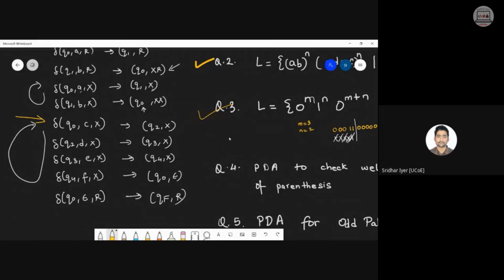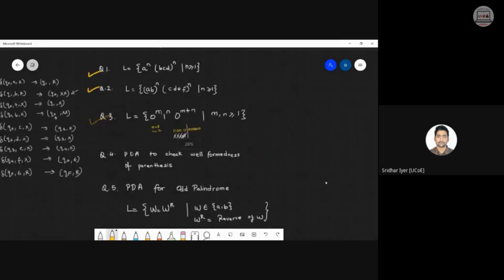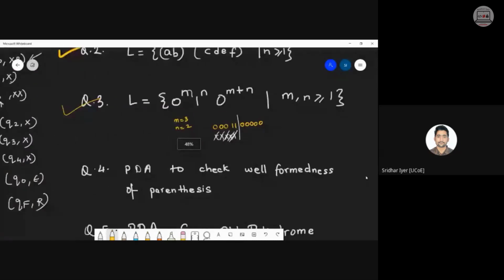Correct. So we need the input to be accepted, and we need to have a look at that state which is accepting that particular input. C is being accepted from Q0. That is why it is a complete loop, and we need to go back to Q0. So that is n number of C's, I am not talking about a single C. It is C, D, E, F. All the values need to be read. That's why it's a loop. I'm going back to Q0. Understood? Okay, so now let's get back to this question number 4, that is PDA to check well-formedness of parentheses.